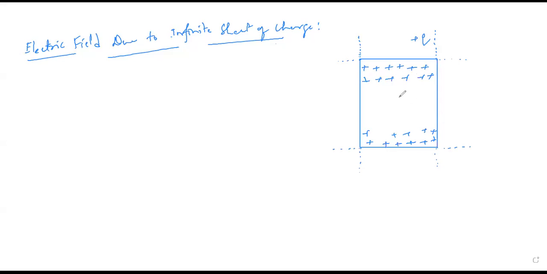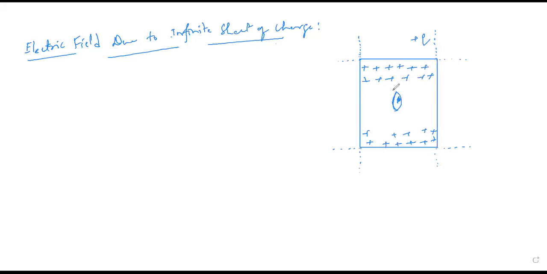Now we are going to get the electric field intensity with respect to this infinite sheet of charge. But how should it be? When you take a point on this, it should be some spherical, circular or cylindrical form, correct? So with respect to that particular point, it should form some circular or spherical shape. There is a chance of occurrence on either this side or that side. That means both sides should be taken into consideration.